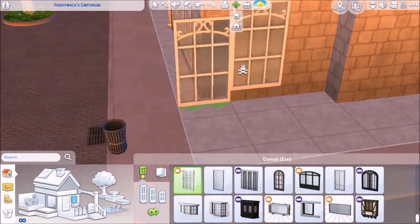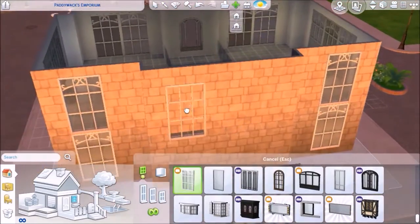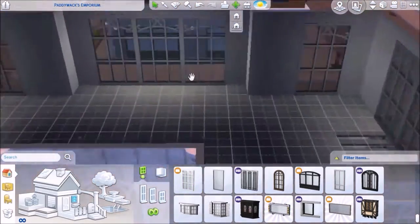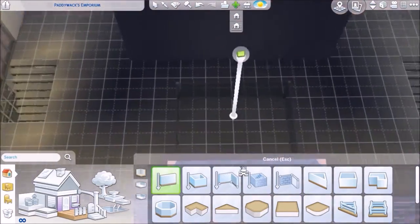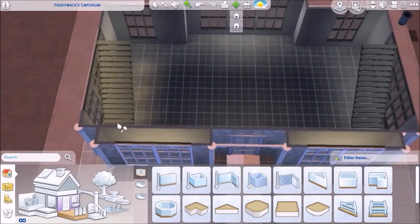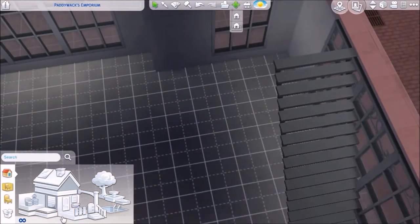And I love windows. These windows, I never really use them in my builds, so I loved incorporating them, and it kind of gave it a warehouse feel, but it wasn't too, like, shady. It looks kind of elegant at the same time. And even before adding lighting to this build, these windows really brought in a heck of a lot of